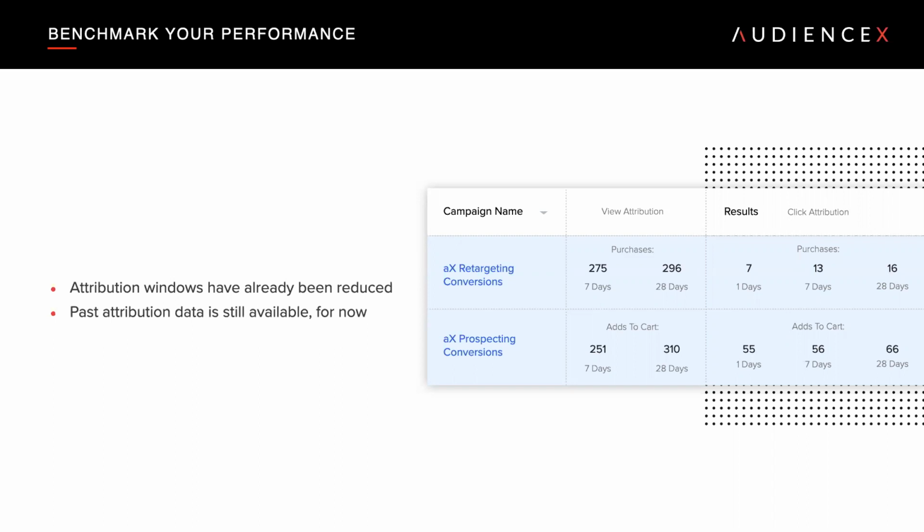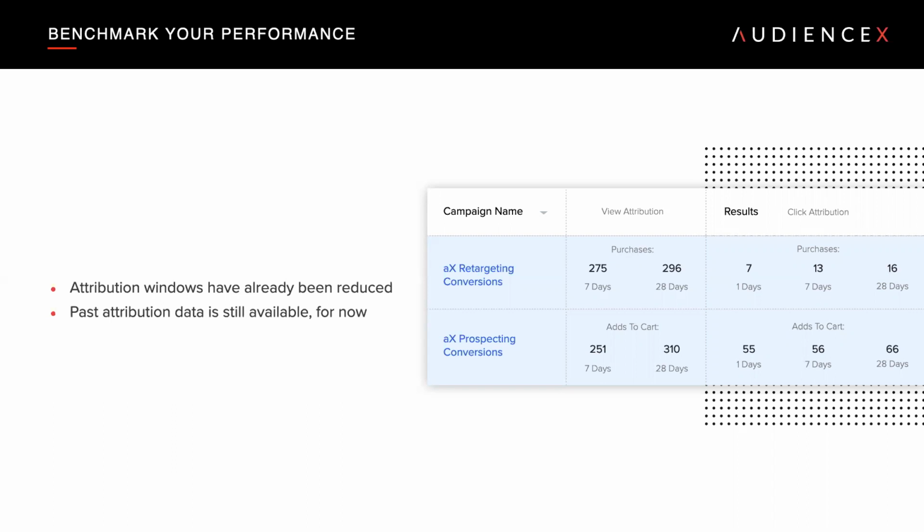So if you were this advertiser and you had seen 66 adds to cart with 28-day attribution, now you're going to see 56 because you're only looking at adds to cart which occurred within 7 days. It doesn't really mean that those 10 didn't happen, but you're not going to see that in your reporting, and it's going to make all of your reporting look a little less effective.